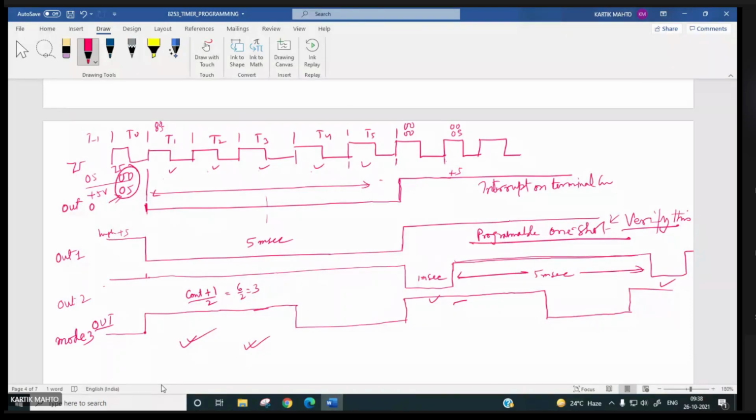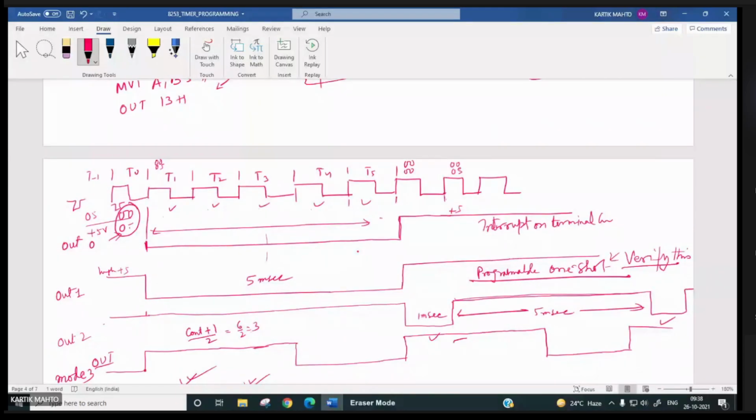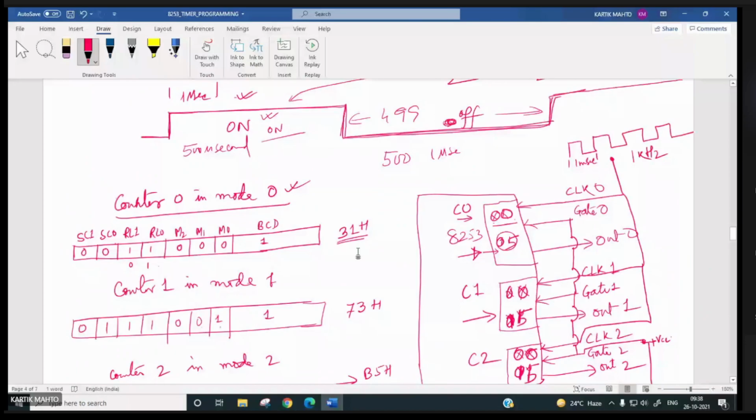Separately you can do it. Now let us say we have put a count value of say 0000. This clock is of say 1 hertz, and this is of 1 second, right?